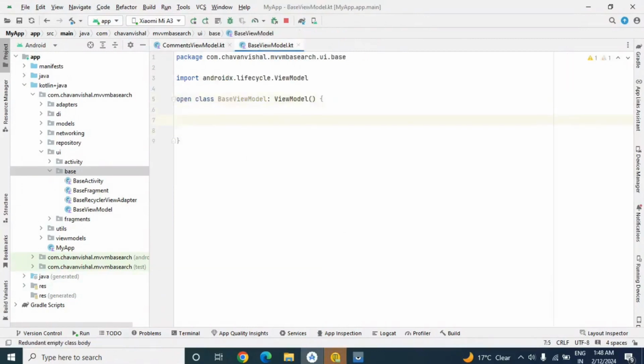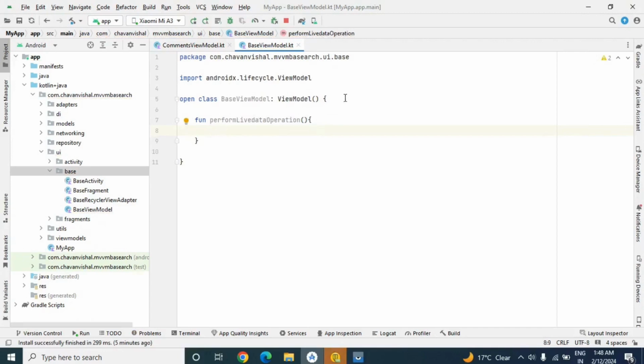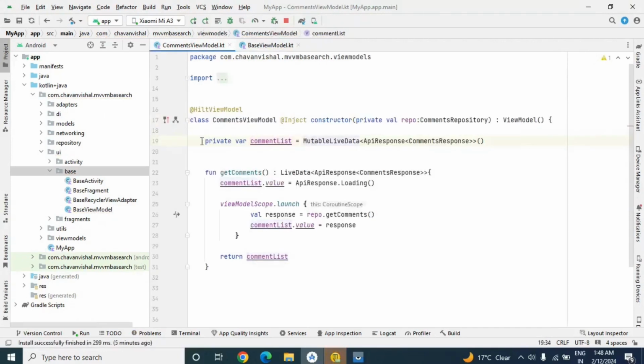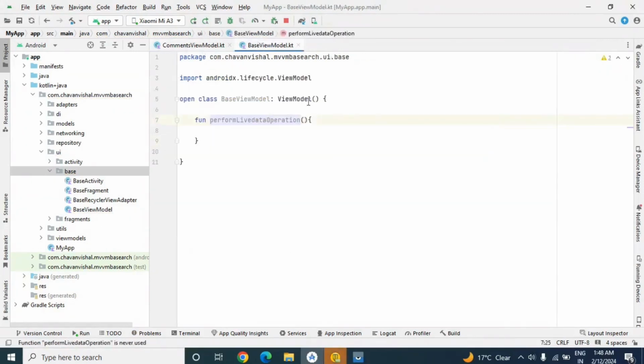Before that we will first create one method like fun, and let's give it the name perform live data operation. Yes, we have created this method over here. Now here we have declared this variable. Okay, now just copy paste it here.